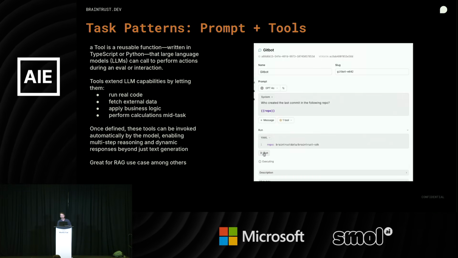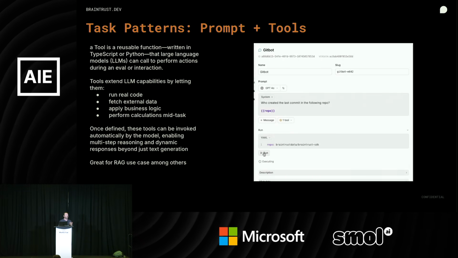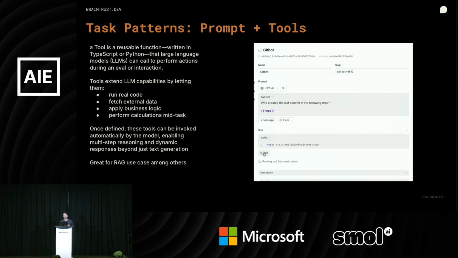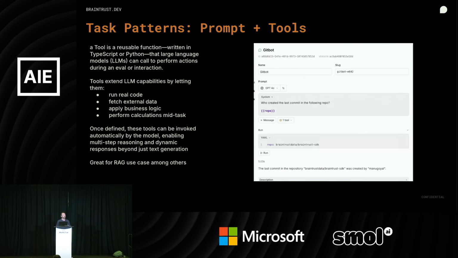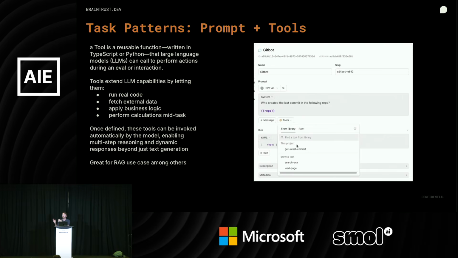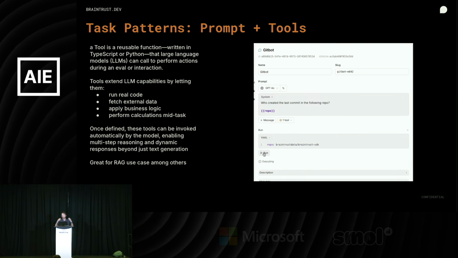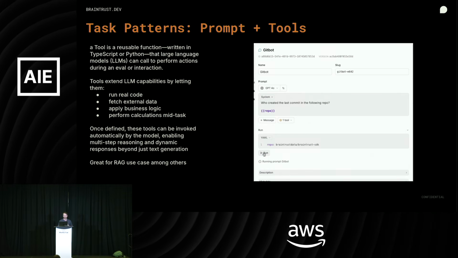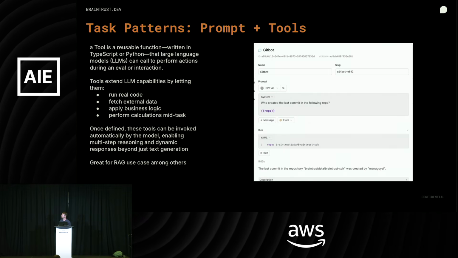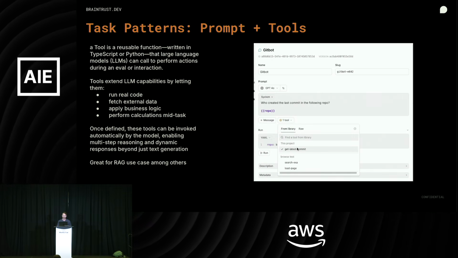Also, we can add tools. So oftentimes the prompt will need access to something, right? Maybe it's a RAG type workflow, maybe it's doing web search, whatever it is, we can now use those tools as part of that prompt, right? And so when you encode in that prompt, like, make sure you use X tool, this prompt has access to that tool while it's running.